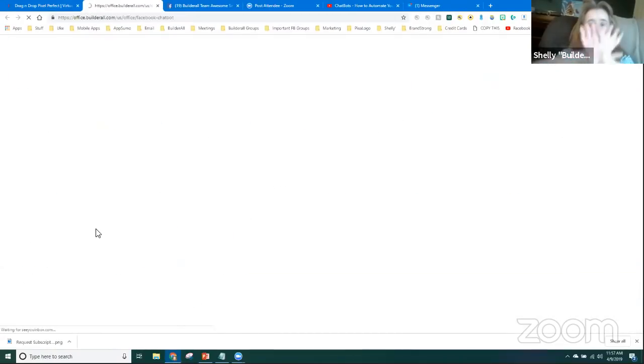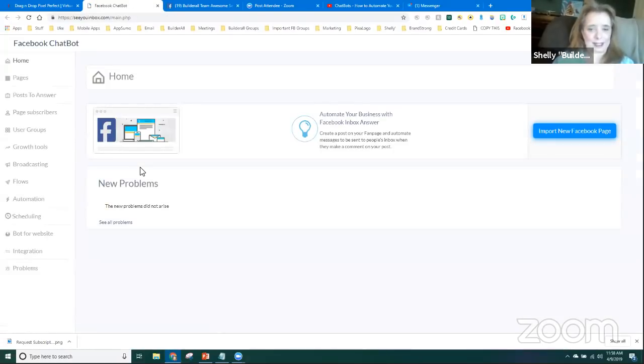And now I'm magically going to go into the Facebook ChatBot, and we're going to take a look at all the menu items and see if we can figure out what all these items do. And it's thinking a little bit to take me in there. So the first thing that I want to show you is up on the top right-hand side, there's a little bitty button, and it might be blocked right here. So let me move that.